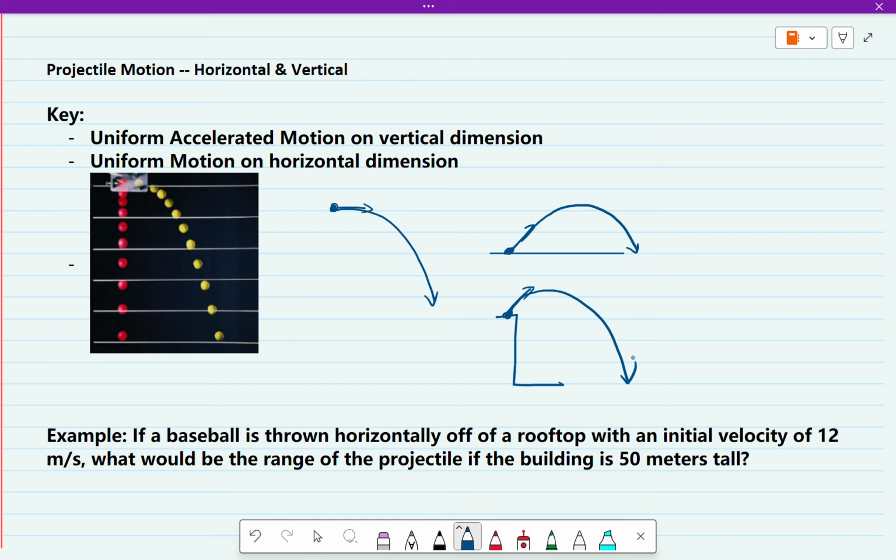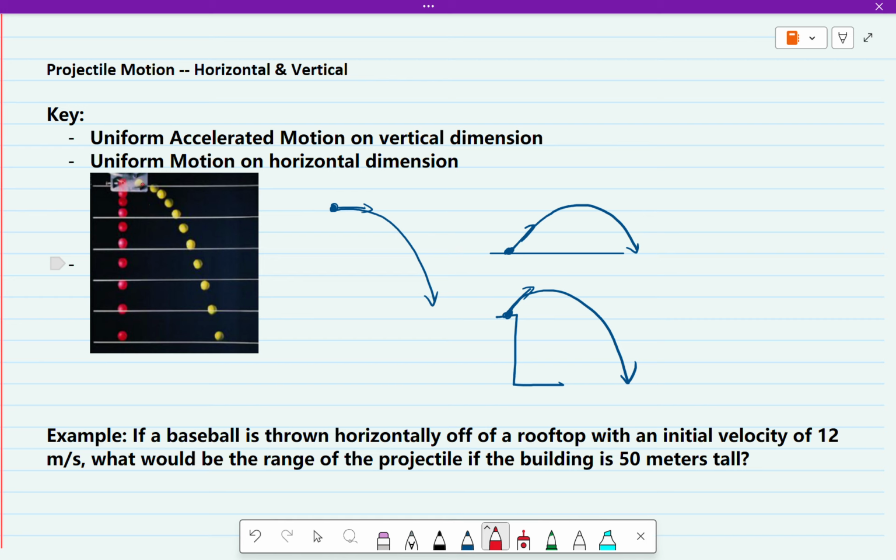When doing projectile motion questions, always remember two things. On the vertical dimension, the object is undergoing a uniform accelerated motion. And on the horizontal dimension, the object is undergoing a uniform motion. What does this mean? This means, if we look at this image right here,